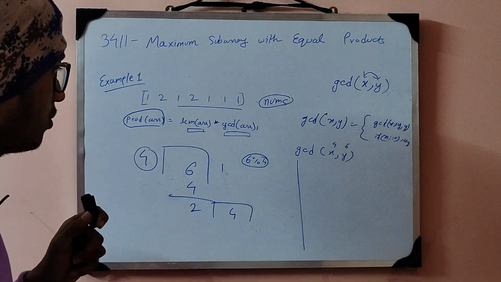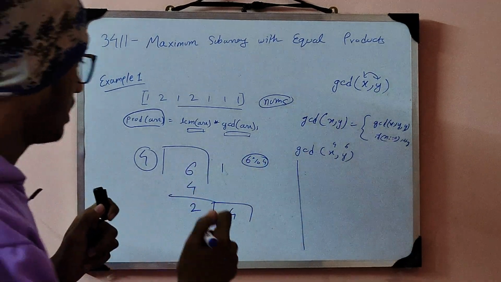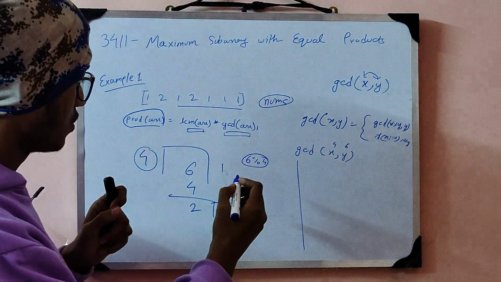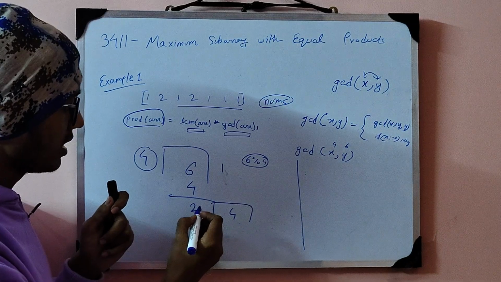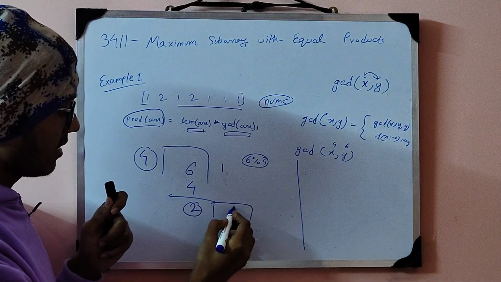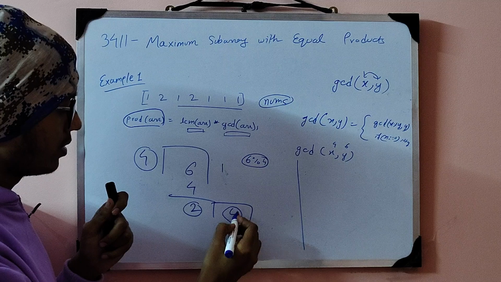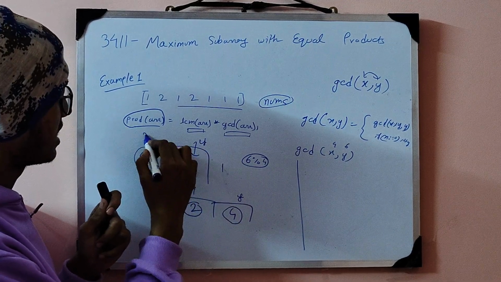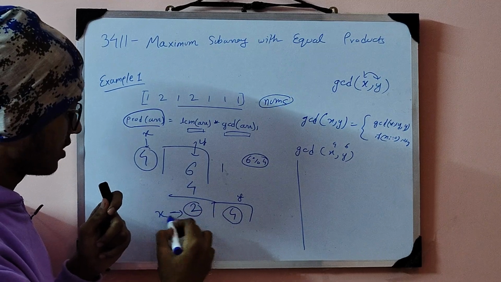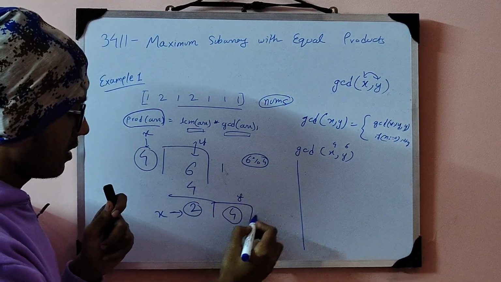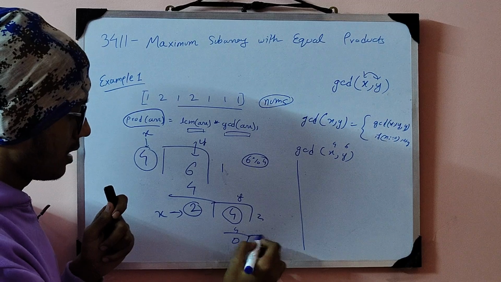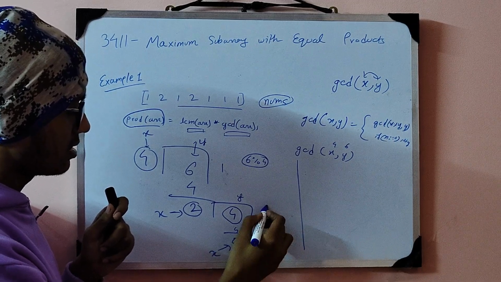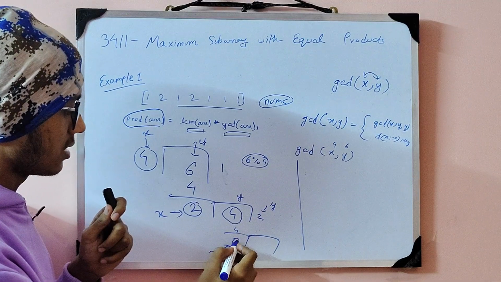And it will be done again and again. 6 modulo 4 will give you this 2, and this 4 will be my y. This is my y for the first step, this is my x for the first step, this is my x for the next step, this is my y for the next step. And 2 2s are 4, remainder 0. As soon as this is my x for the third step, my y is 0,